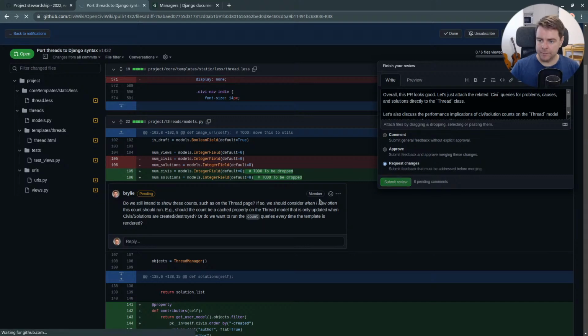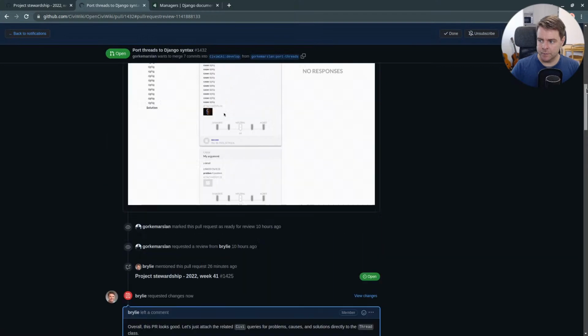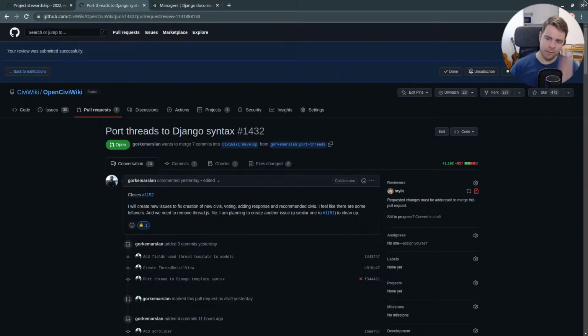All right. So yeah, these are tricky things to tackle, and this is more than a refactoring. As you can see, we're not just porting code from one syntax to another. We're getting into the heart of some of the architectural issues here in the project. And we don't have to necessarily solve all the problems as part of one pull request. We can split out the work. So definitely just opening up discussions more than anything.